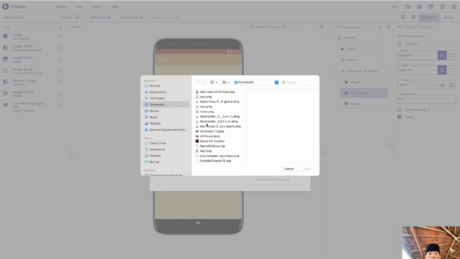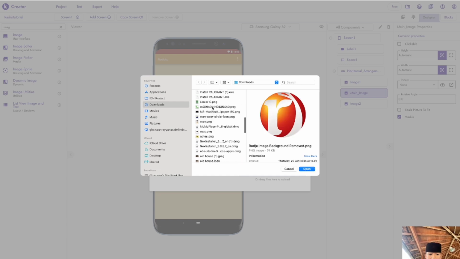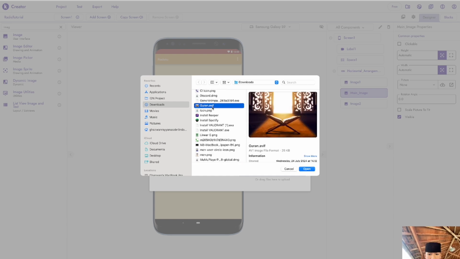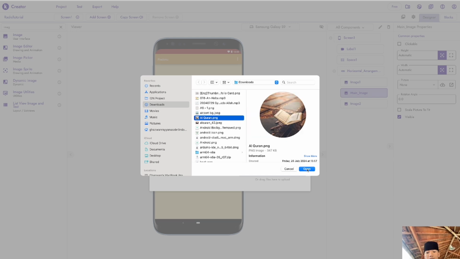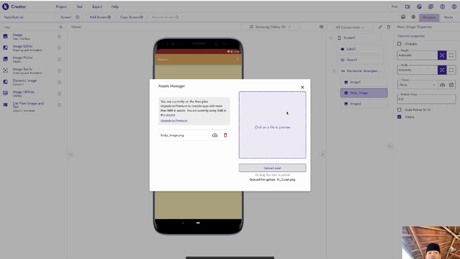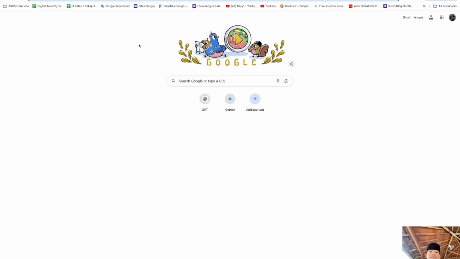So you need the main image to be put here. Other than Roja, we'll put this Quran image. Wait, this one. So we will have two images. You can look for them using Google.